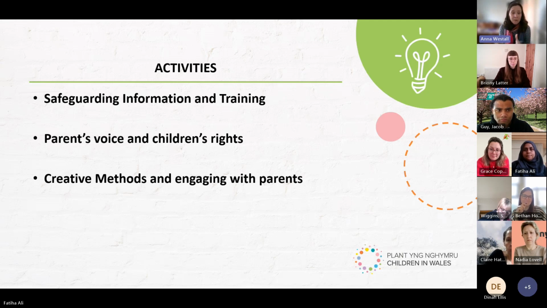And safeguarding is a bit of a complicated one, and mentioning it at the start in that group agreement is really important. I think that's a great way to do it. Parents will know that if they do raise something, it will probably need to be followed up, but you do need to make that very clear to them. If you're working with a group of parents that you know quite well, then hopefully you'll be able to know their situation, but having that discussion with them is really important.